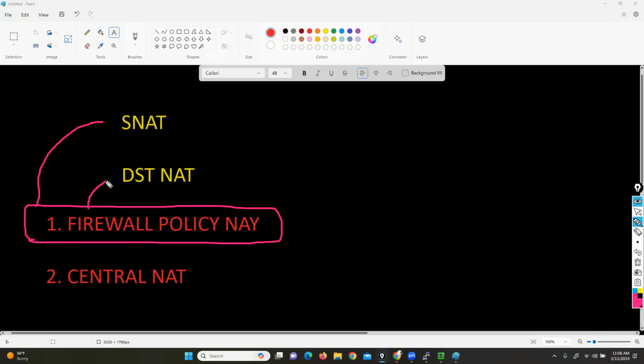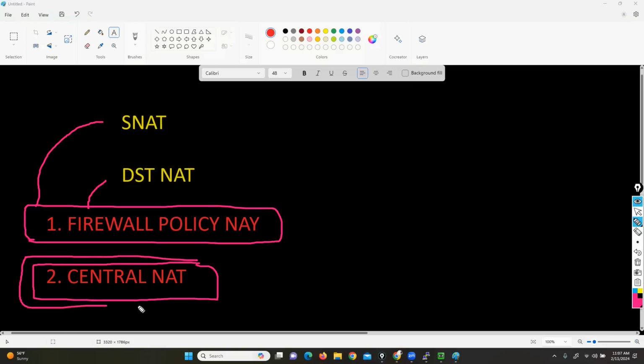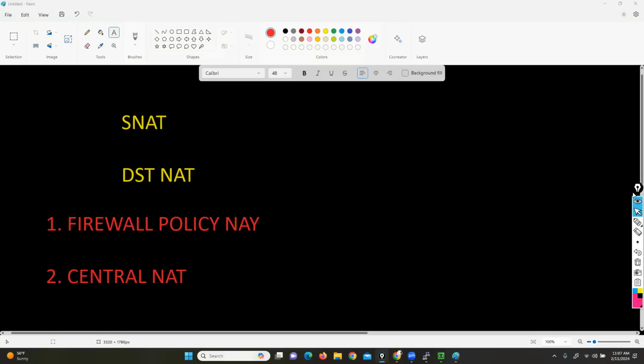And the same source and destination NAT you can configure with the central NAT option. So why is central NAT required? Suresh, any question? Okay, so why is central NAT required? Because we can do all our translation with firewall policy NAT. So why is central NAT required? Before